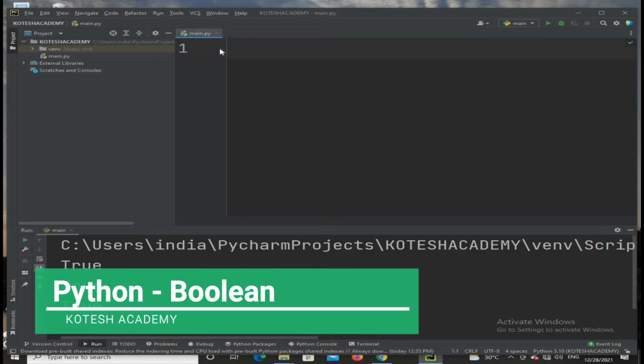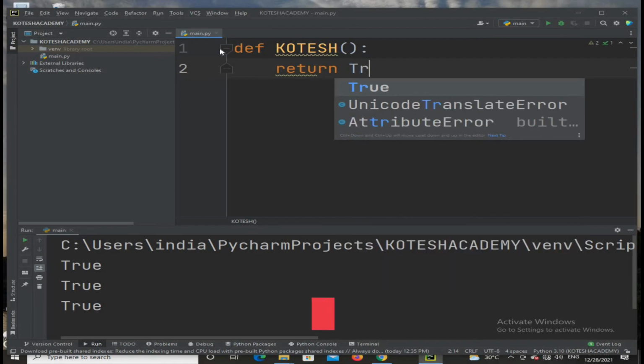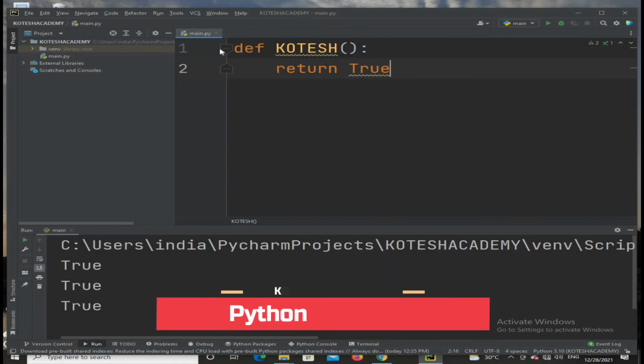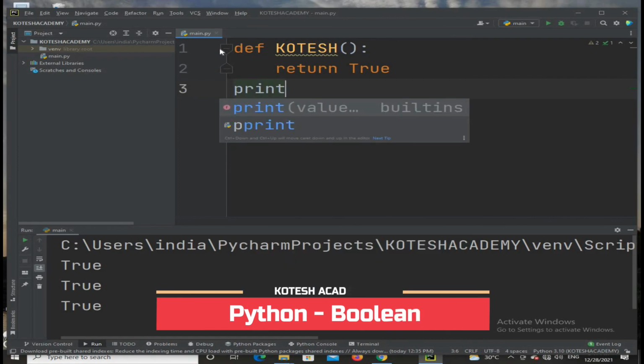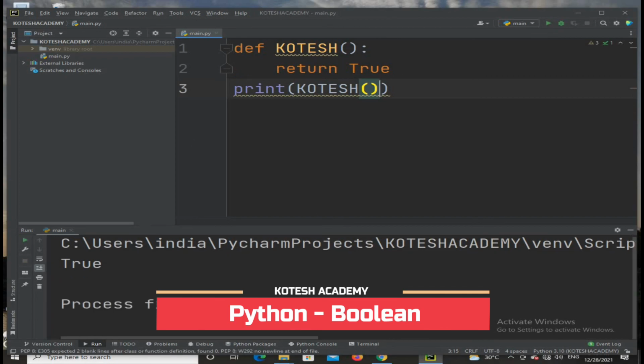So in the definition of this, for example, my function name is in quotation, I'm representing the brackets, then at the end of this a colon, and simply I am writing return, and simply you can take True, capital, then you can write print of the function. On execution of the program, you will get whether it is true or not, like that you can take.